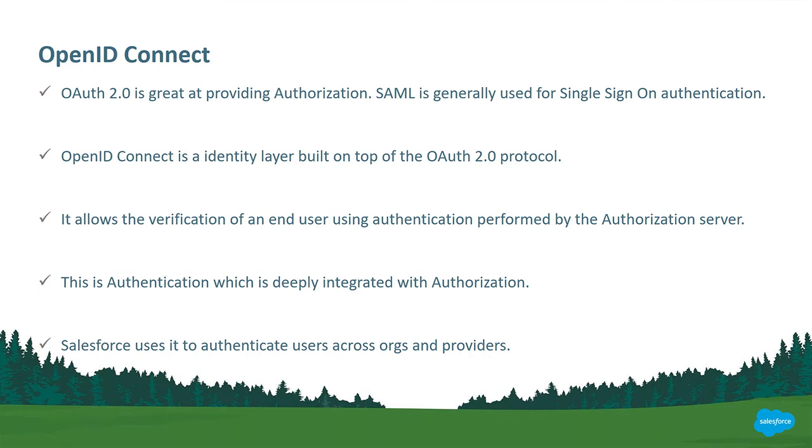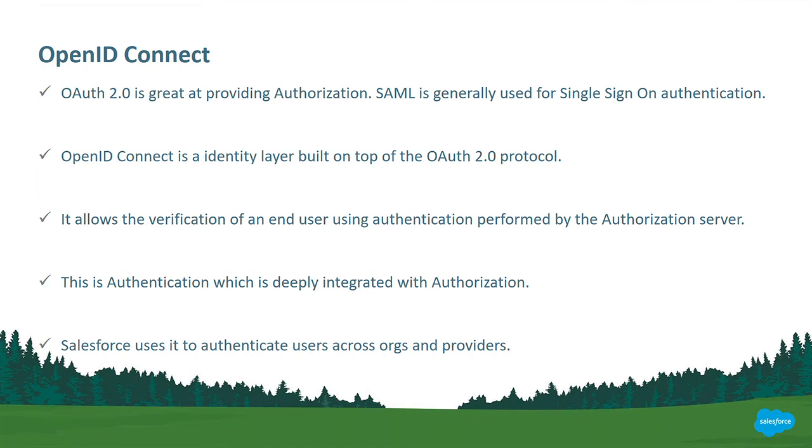If you used single sign-on previously, you may be aware of something called SAML. So there's this new concept called OpenID Connect. It is basically an alternative to SAML, and it helps you do single sign-on. OpenID Connect, think of this as OAuth 2.0 plus identity. So it's an identity layer which has been placed on top of OAuth, and this allows you to do single